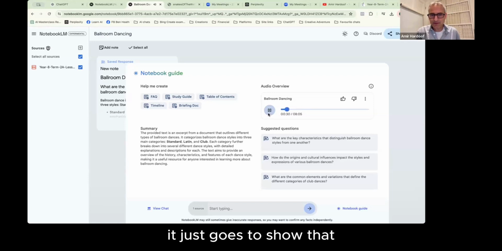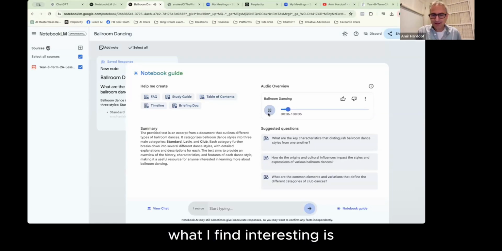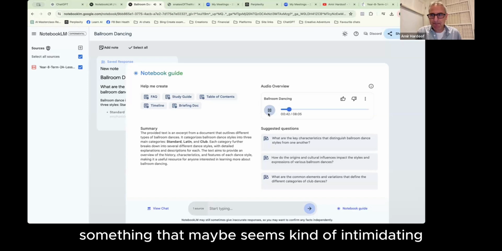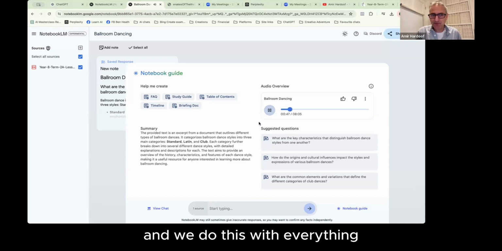And you know what? It just goes to show that even a school assignment can be like a launch pad into some seriously cool stuff. Yeah, what I find interesting is how this document actually shows a really basic learning principle. And that's taking a huge topic, something that maybe seems kind of intimidating, and then breaking it down into smaller pieces. Right. And we do this with everything, like learning a new language.